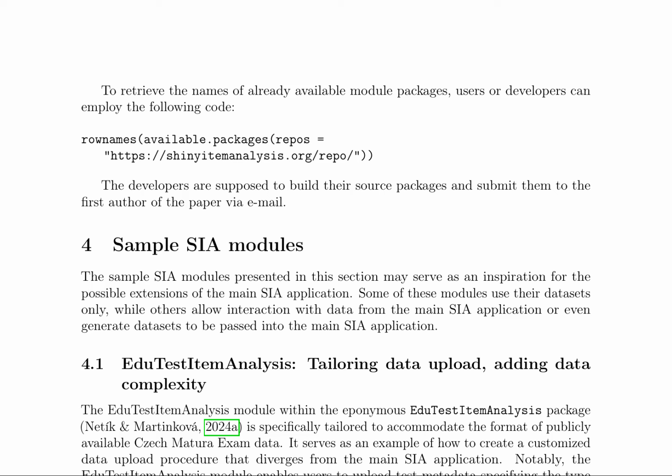Row names, available. Packages, repos equals https://ShinyItemAnalysis.org/repo/. The developers are supposed to build their source packages and submit them to the first author of the paper via email. The sample SIA modules presented in this section may serve as an inspiration for the possible extensions of